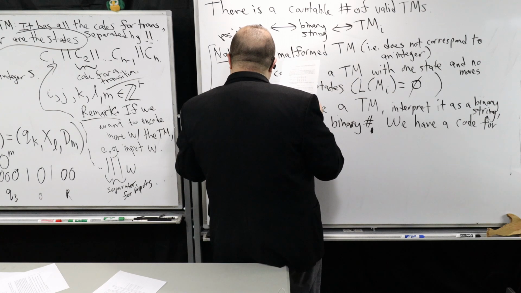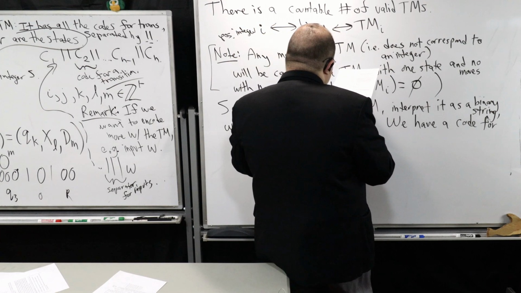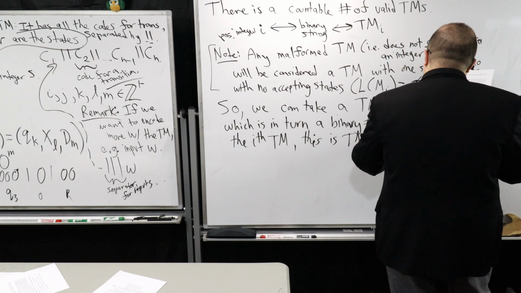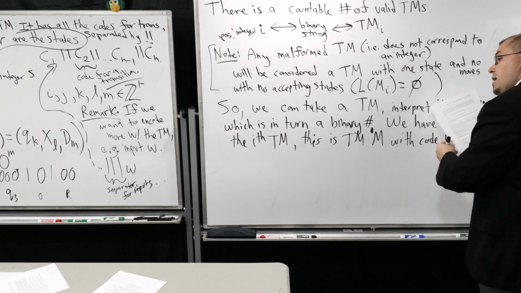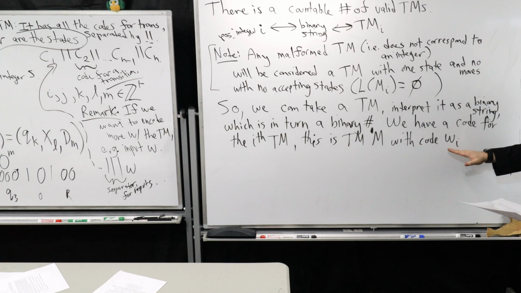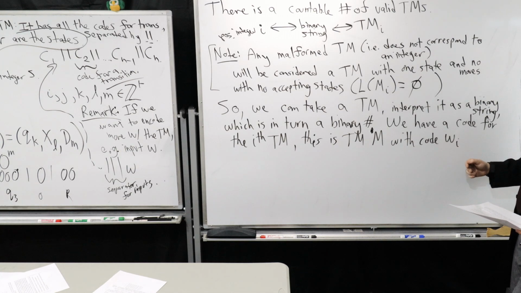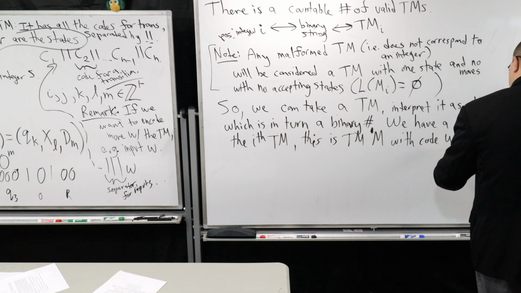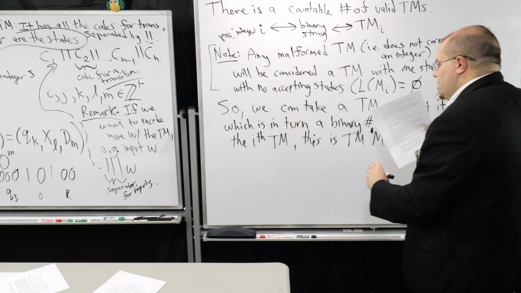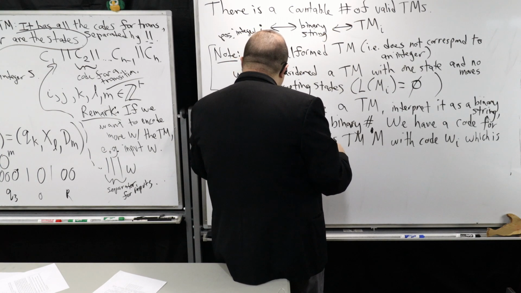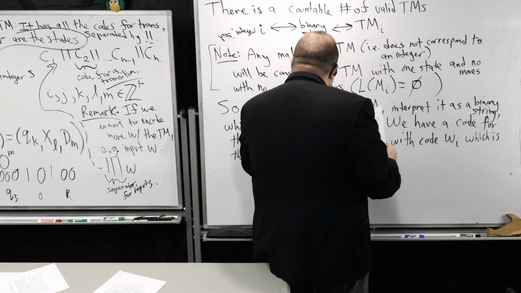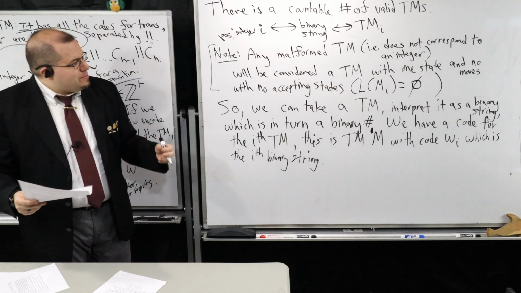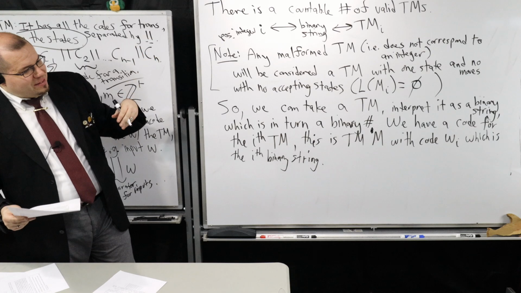We have a code for the ith Turing machine, the ith TM. This is the Turing machine M with code WI. So this is the WI I was talking about at the beginning of the lecture. Just remember, this is the ith binary string that I described at the beginning of the lecture. Okay, so now that we have some natural correspondence between these positive integers and my Turing machines,